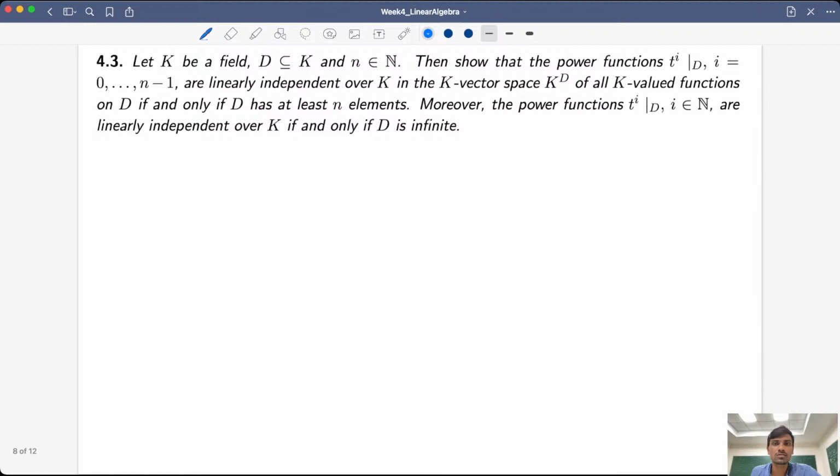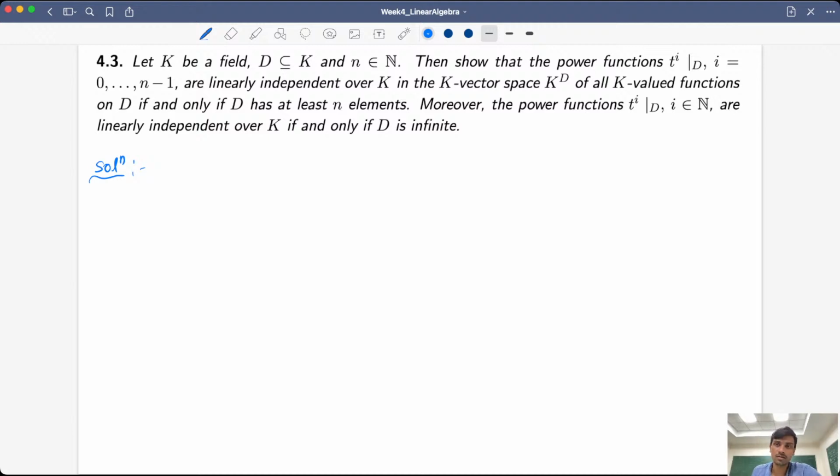So let's go to the next question, which is related to polynomial functions, the basic polynomial functions which form a basis in the polynomial set. Suppose k is a field, and you have a subset D of k, and n belongs to N. Then we need to show that the power functions t^i restricted to D,